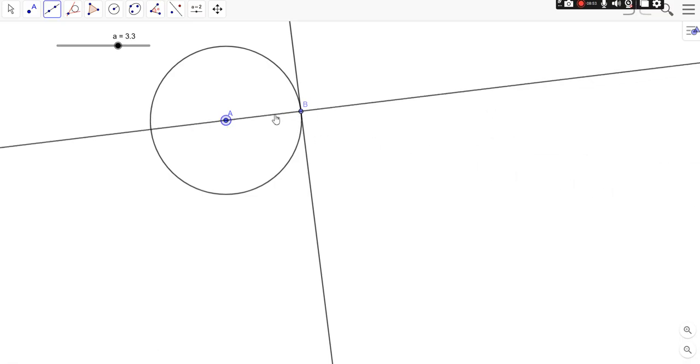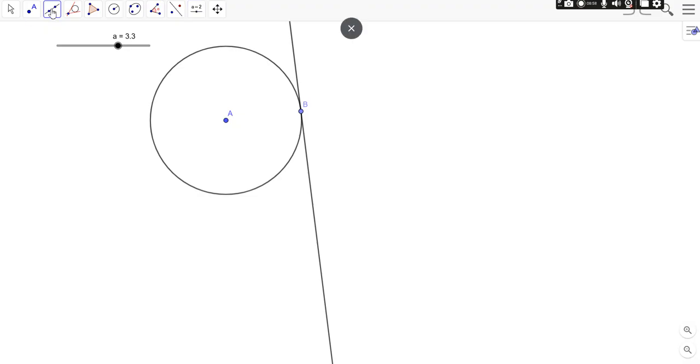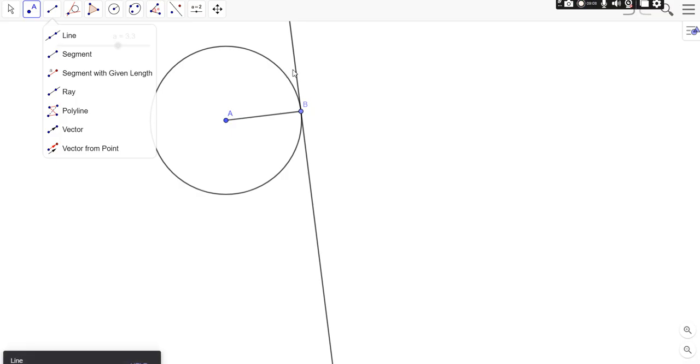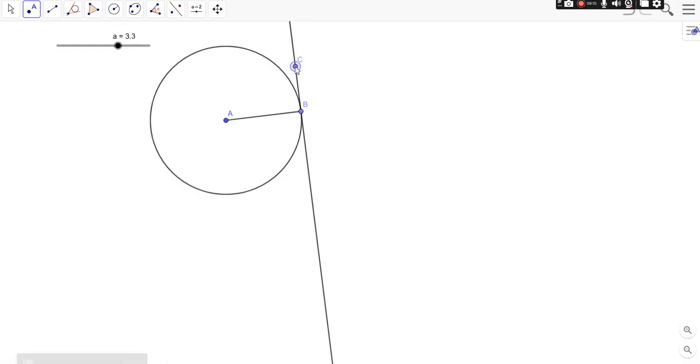Join points A and B. A line joining the center and any point on the boundary is called a radius. Take another point C on the tangent,